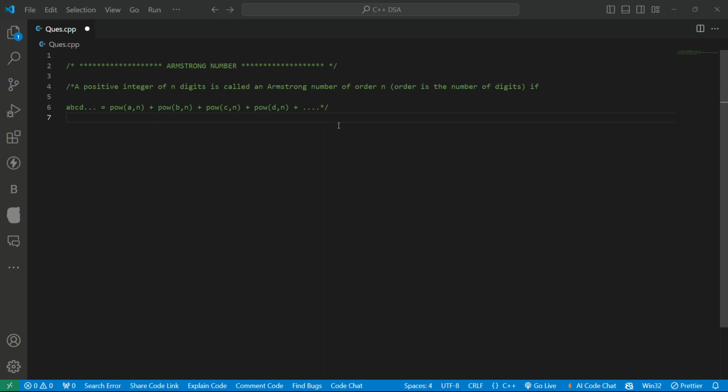So basically, what is an Armstrong number? First of all, what is an Armstrong number? Let's understand this through an example. Suppose we have a number 153 and we have to check whether this number is Armstrong or not. So the concept of an Armstrong number is basically that a number is Armstrong if